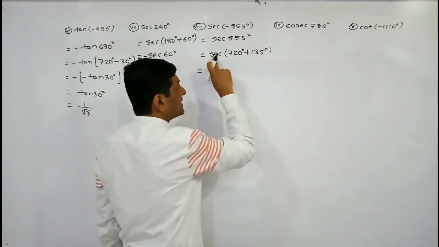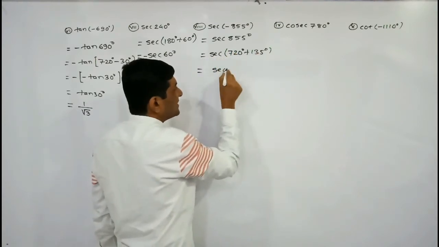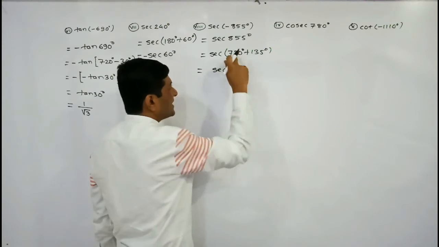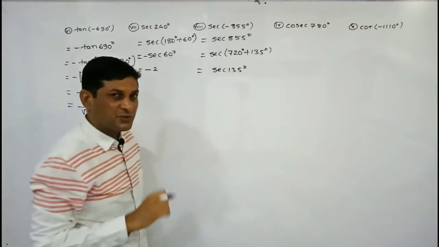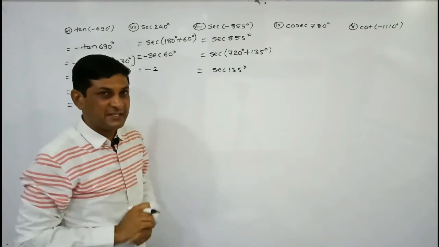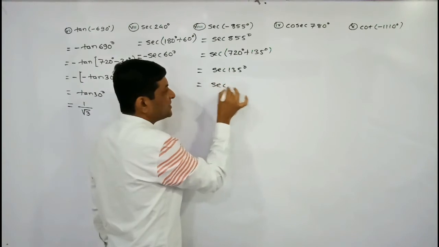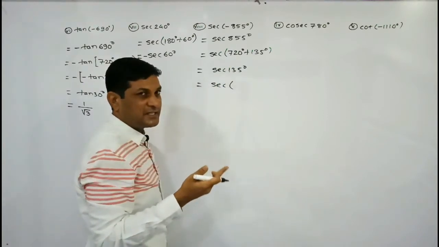So here it can be written as sec 4 pi plus theta will be equal to sec theta. Theta is here 135 degree, and 4 pi plus means first quadrant, and in first quadrant value of trigonometric functions remains as it is. Now here we can observe that sec, keep it as it is, 135 is also greater than 90, so it